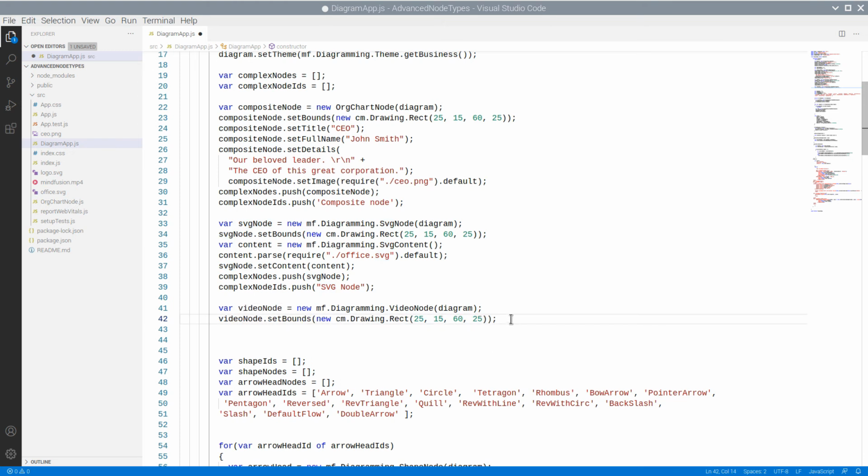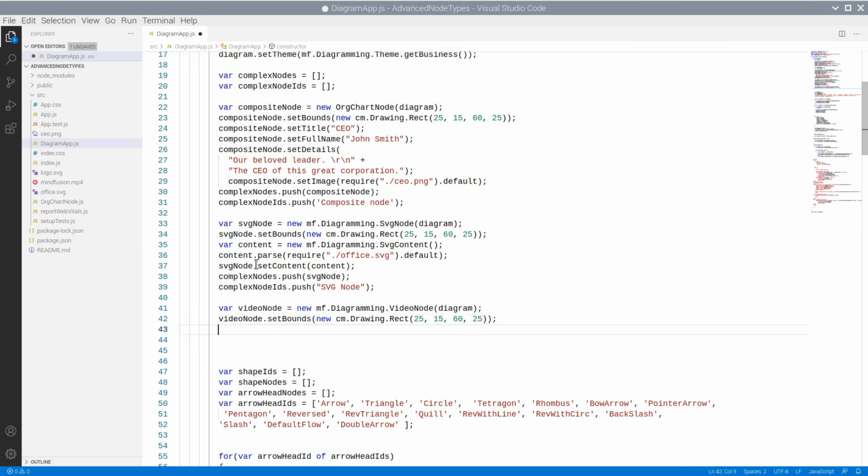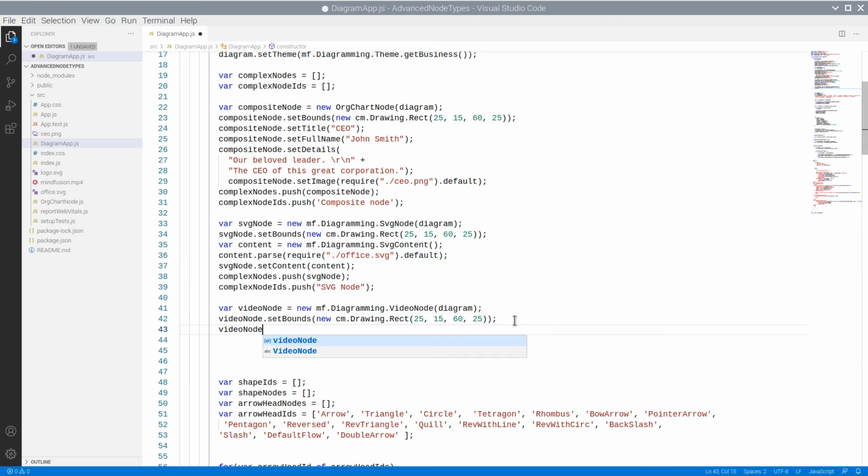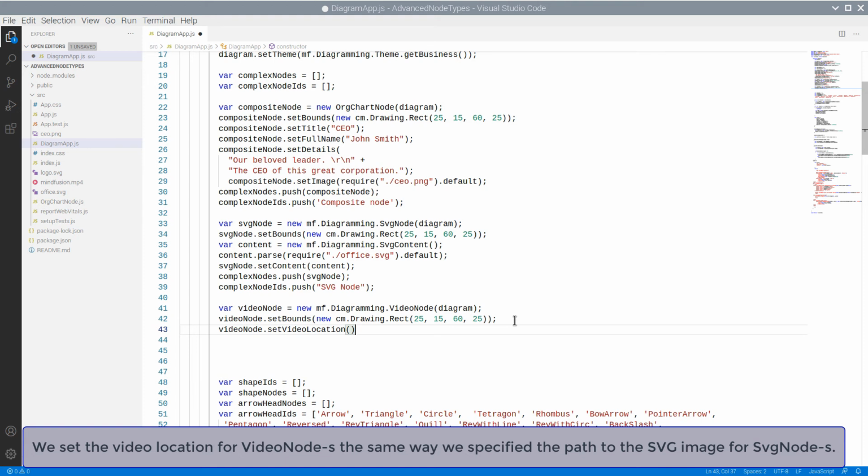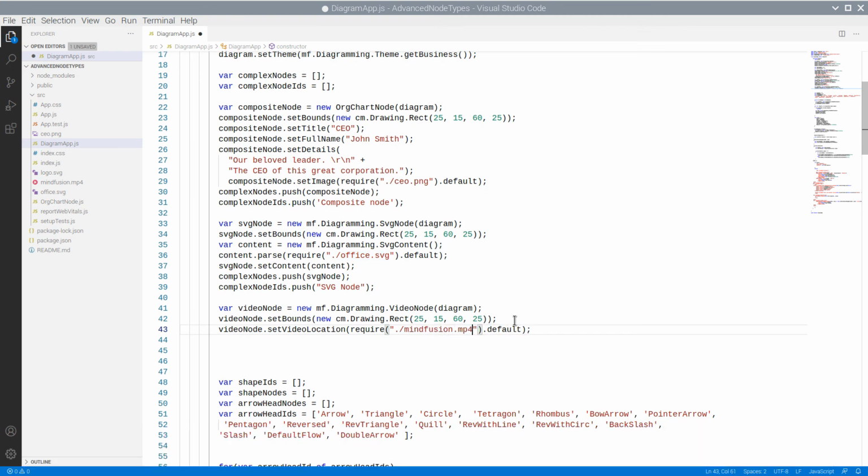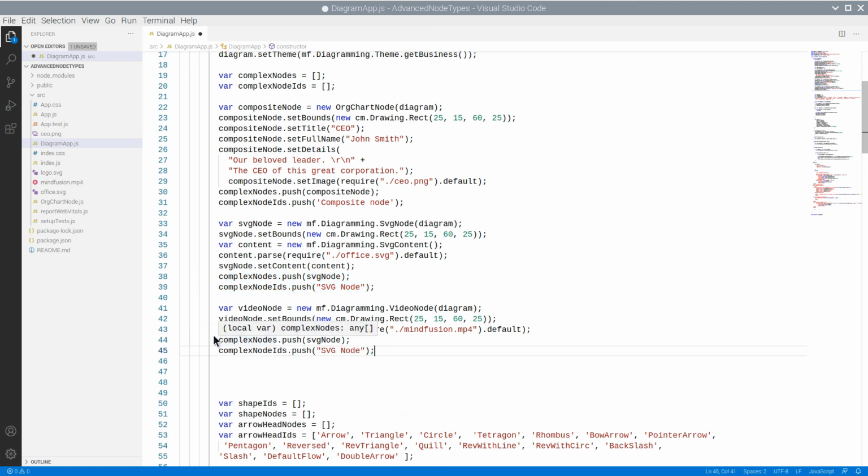We set its bounds and use setVideoLocation to specify the path to the video file. Then we add the node to the list with nodes and add its ID to the list with IDs.